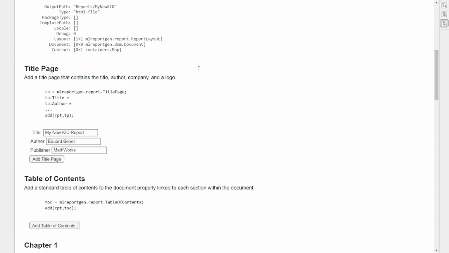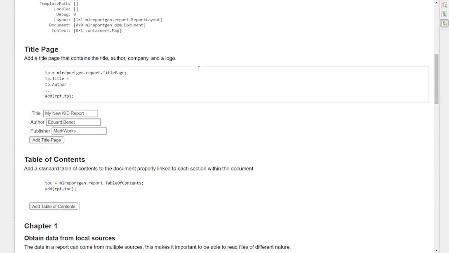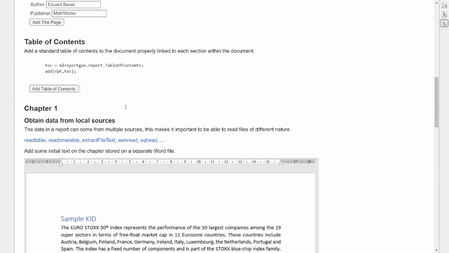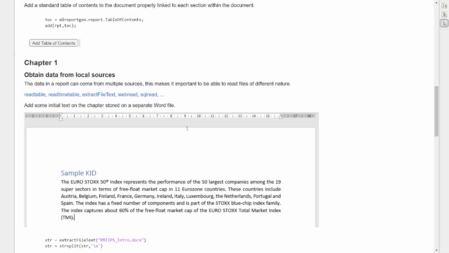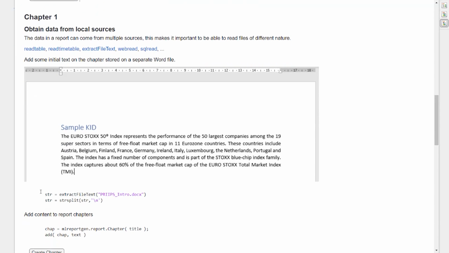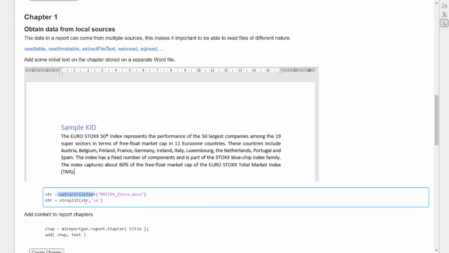In Report Generator, the way this works is as long as you can import the data into MATLAB, you will be able to add it to the report. Hence, there's a bunch of functions like readtable, sqlread, and webread that are quite useful to import the data into MATLAB. For this first part, for the static data, I just have the data stored in a Word document. So I just need to grab this paragraph and add it to my new report. For this, I'm using the extractFileText function here, and then I'm splitting the text based on the new lines, so I separate the title and the paragraph.